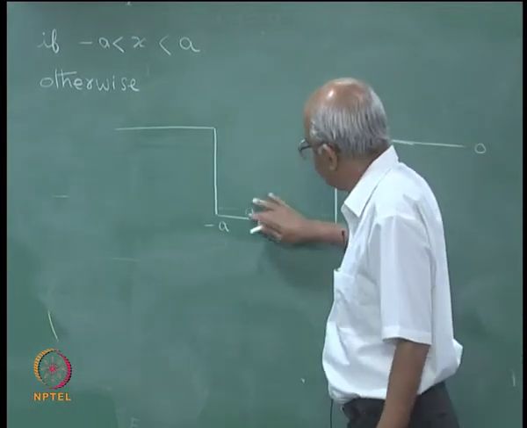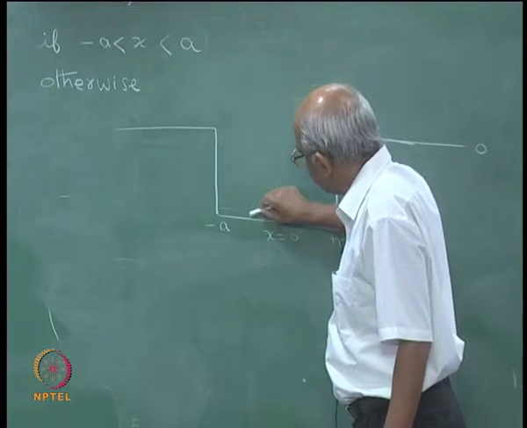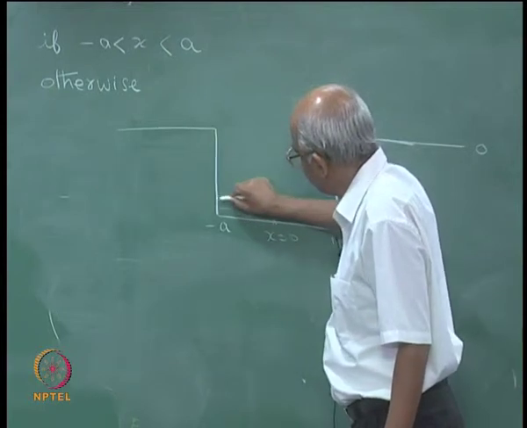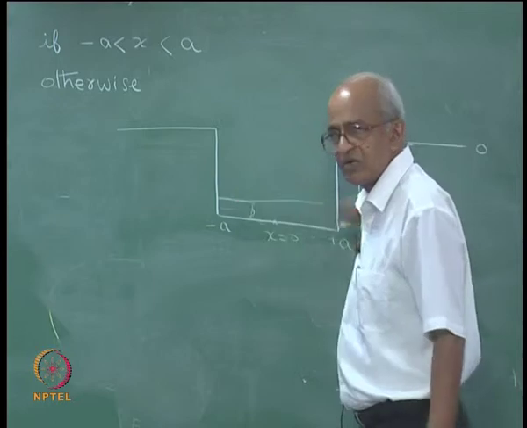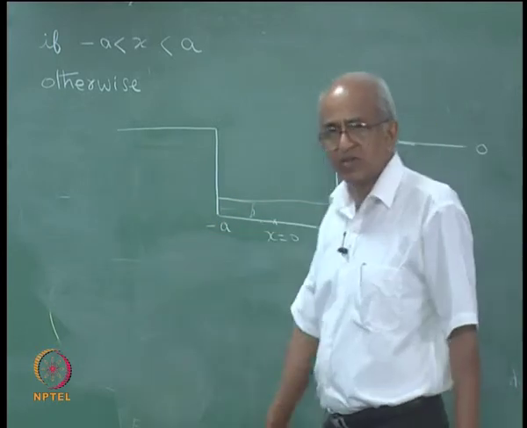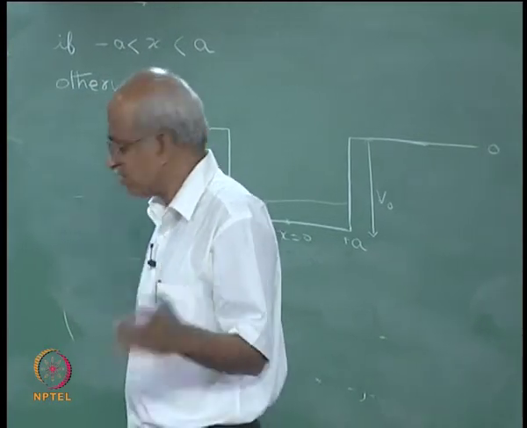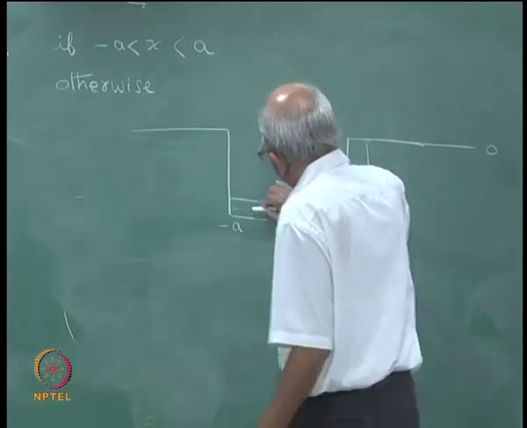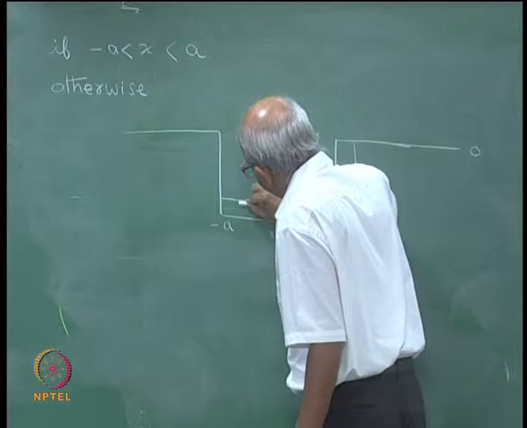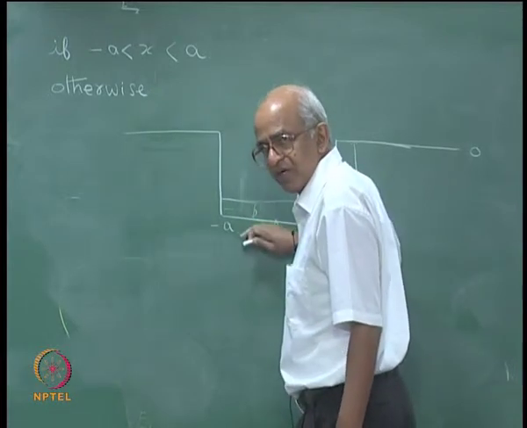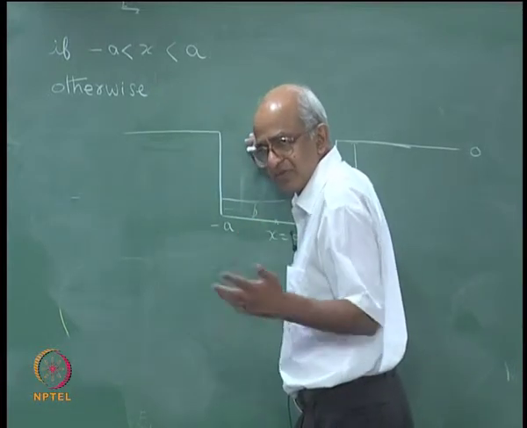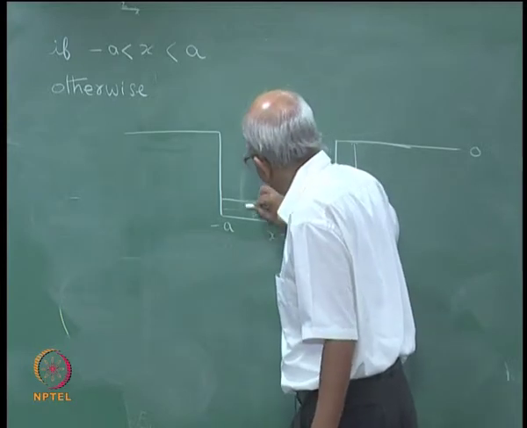Or then maybe I can push the particle in one direction, giving it some kinetic energy, and then what will happen? Suppose I give it that much kinetic energy, then it will go hit there, then come back and go on oscillating within this box, and the amount of energy that I can give it can be anything. So the particle can have any energy starting from the bottom, from minus V0 onwards. If it obeyed classical mechanics, it can have any energy.